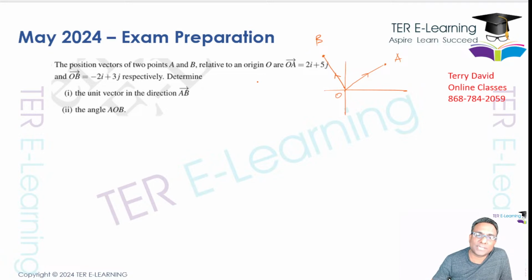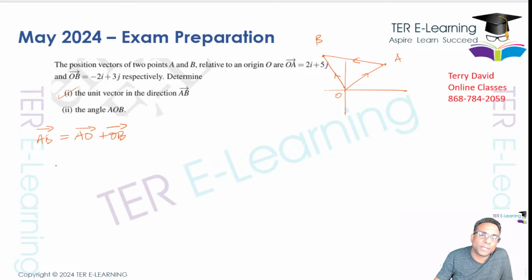Now the question says to find a unit vector in the direction AB. So first things first, we need to figure out what is the vector AB. Based on the diagram here, AB is actually equal to AO plus OB,